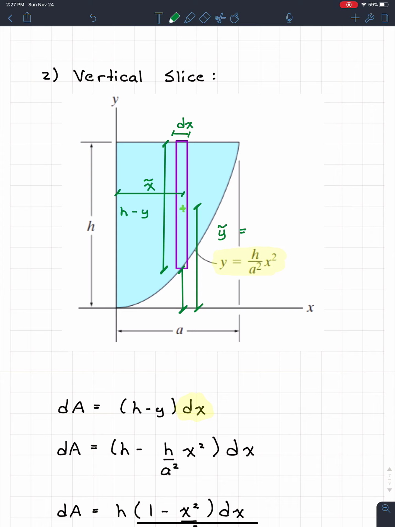So y squiggle is going to be equal to, well, we need to go from the axis to the curve. So the axis to the curve is going to be equal to y. So that's this distance right here, y. And then we have to add half of the distance of that rectangle. So plus h minus y